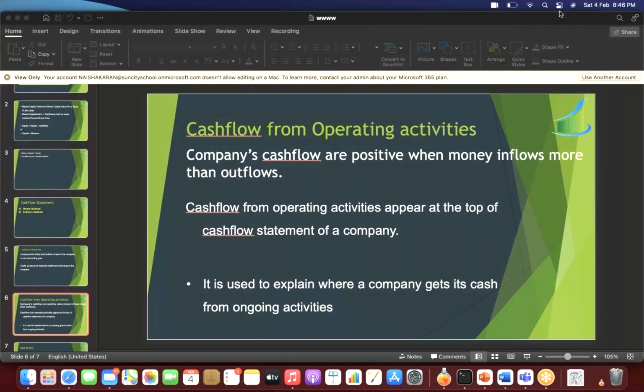According to you, without understanding, without even thinking, what do you think will be good? Cash flow from operating activity, should it be negative or should it be positive? Meaning, should the inflow be more or should the outflow be more? Would request you to please tell me your answers and then we will go ahead and understand the total cash flow statement. Yes, Shri Kumar ji, I got your answer. Others, I'm waiting.